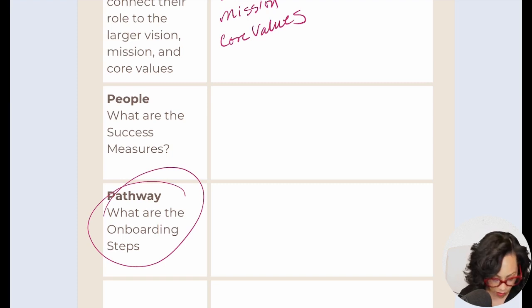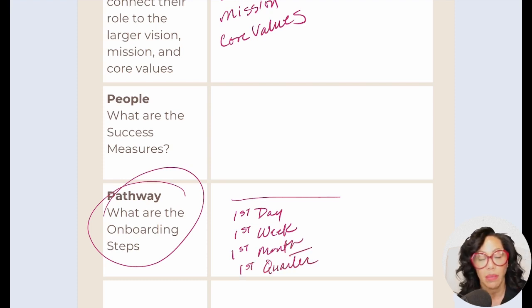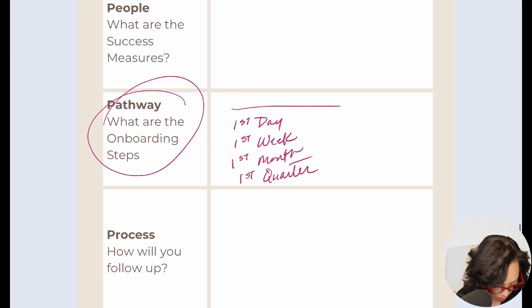First day, we should have a plan for how we're going to onboard them. And I like to look at the first day, the first week, what can they expect? The first month, and the first quarter. It takes a quarter to get somebody onboarded properly. And so again, I'm going to do a whole podcast about this. Look out for that. But in the meantime, what do you need to do to onboard people, and what does that pathway look like? You need a plan for that.